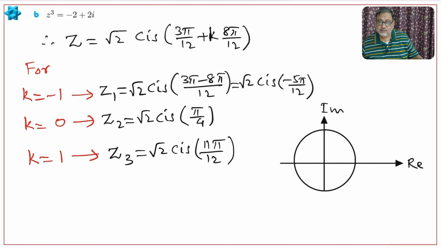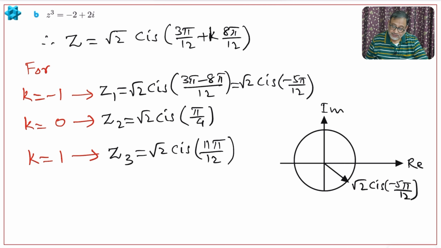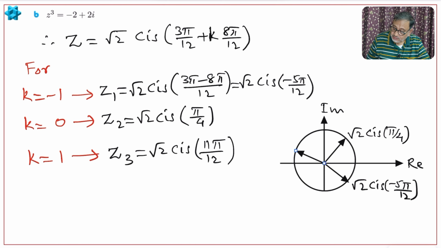The negative one will be in the fourth quadrant, somewhere at minus 5 pi by 12, root 2 cis minus 5 pi by 12. The next one, pi by 4, of course will be in the first quadrant, root 2 cis pi by 4, and the third one, 11 pi by 12, will be somewhere here. They should be equally spaced, so let